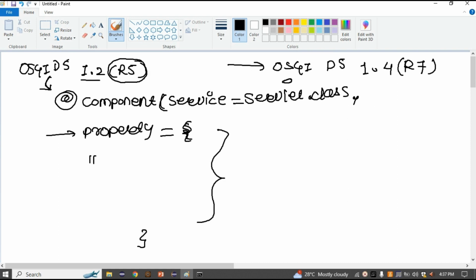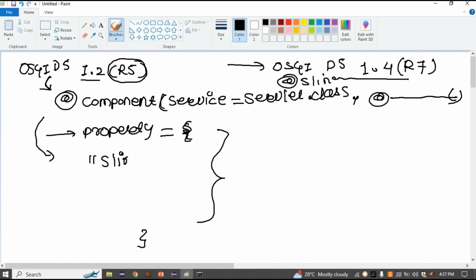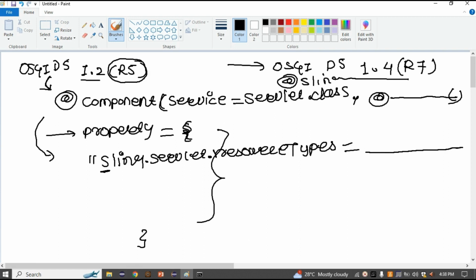So here we have a Sling servlet resource type, and at the last here we have a Sling servlet resource path. Now I just want to register by using a resource type. So for that we have to use Sling, and this one must be in small case, Sling servlet. Here we have to use resource, and here we have to use types. And after that here we have to use the resource type of our